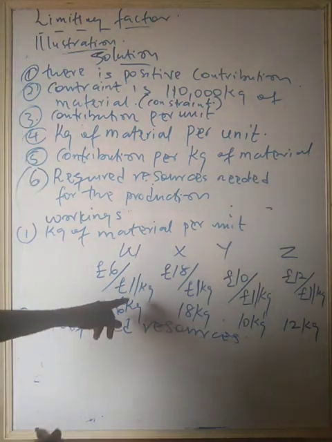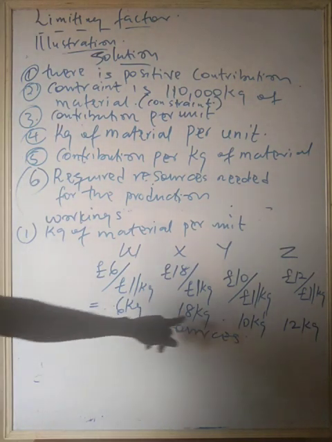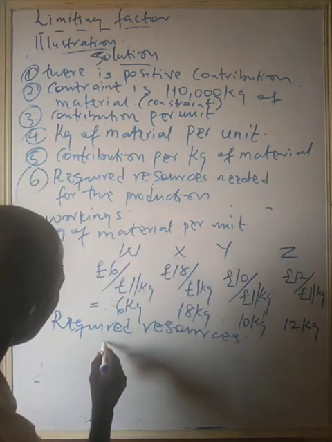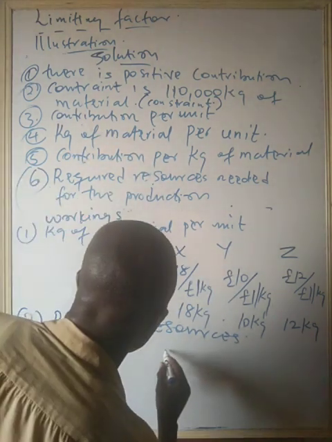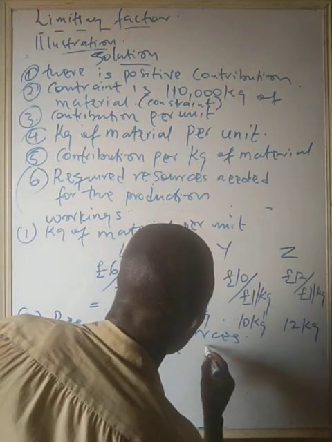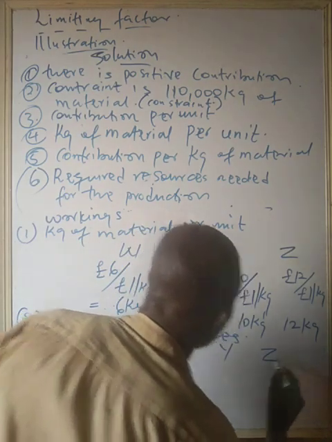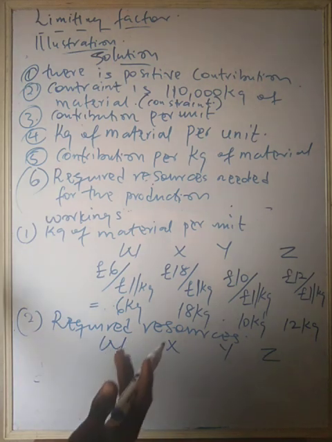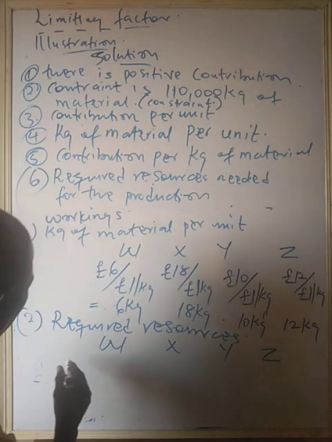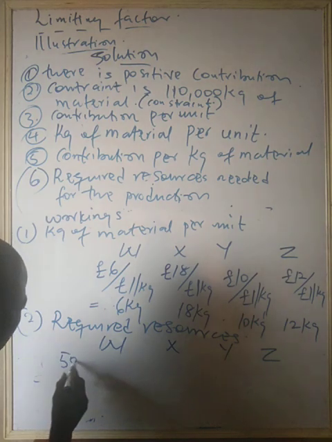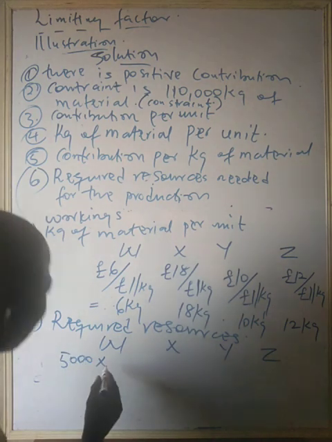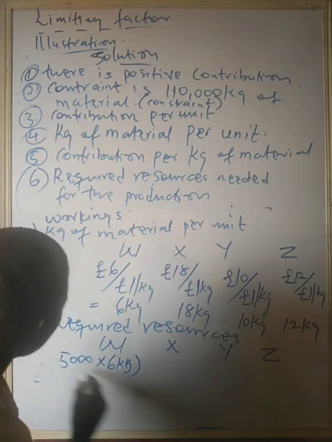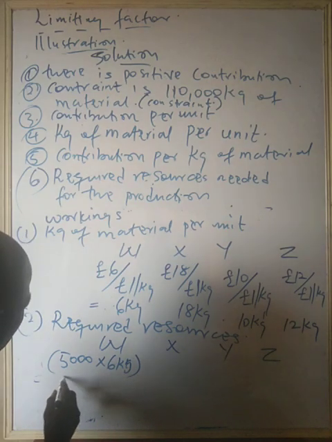Since we have this, we are going to produce 5,000 units of W. You have W, X, Y, Z. So how many units for all the products? 5,000. And that is 5,000 multiplied by 6 kg,